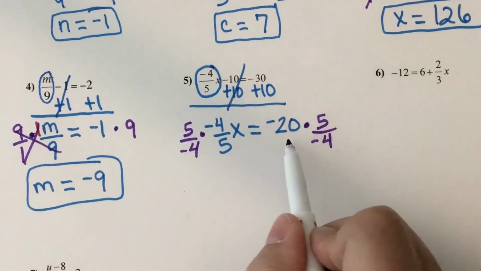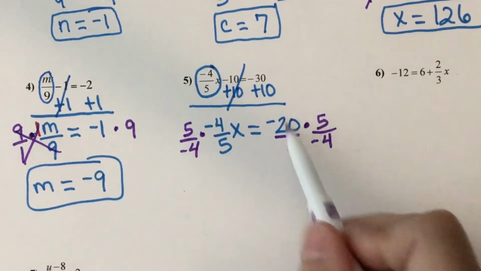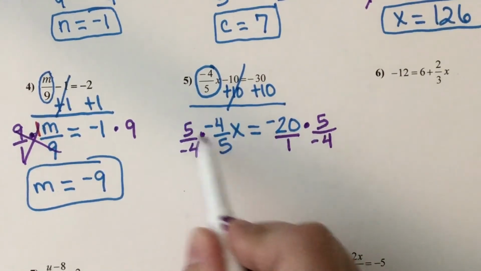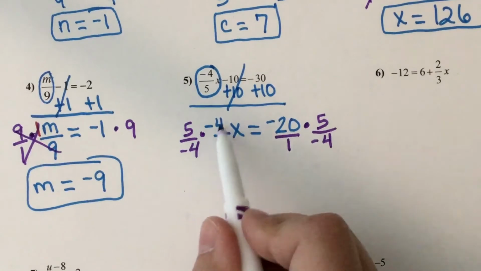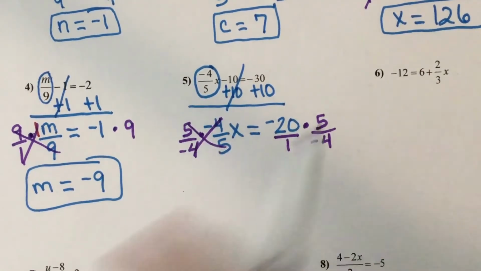Okay, I'm going to go ahead and pop this negative 20 over a 1. That way this is in fraction form, and so is this one. On the left-hand side, the 5's on the diagonal get to cancel, and the negative 4's on the diagonal get to cancel. As long as they're the same, they get to go. Shoop, shoop. All you're left with is x on the left side,